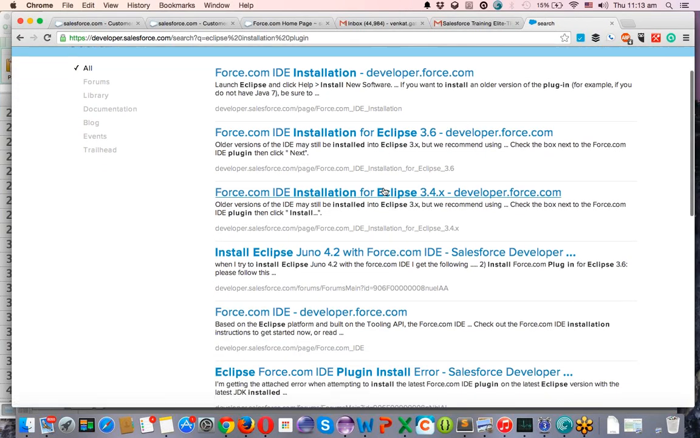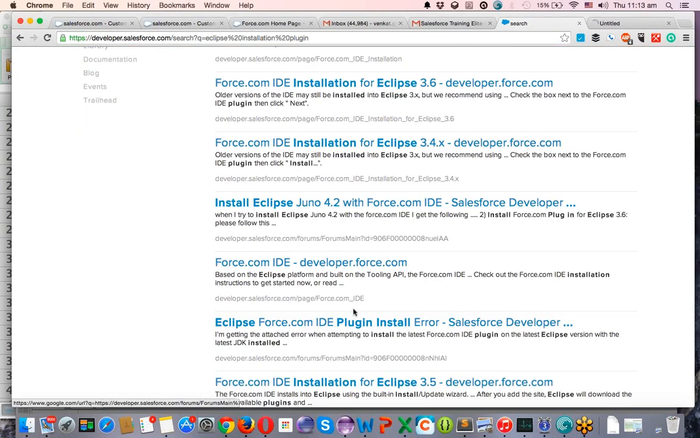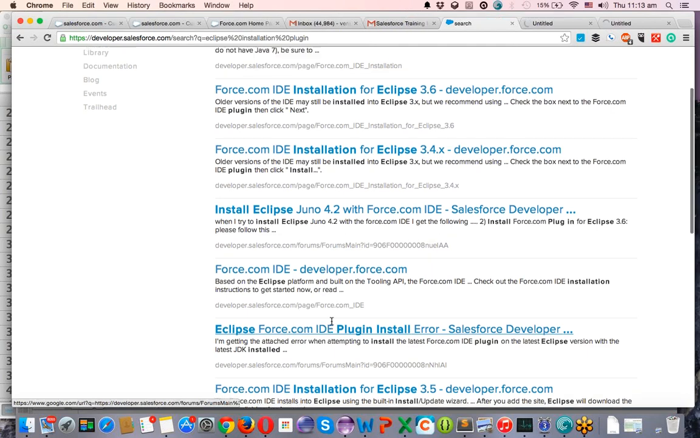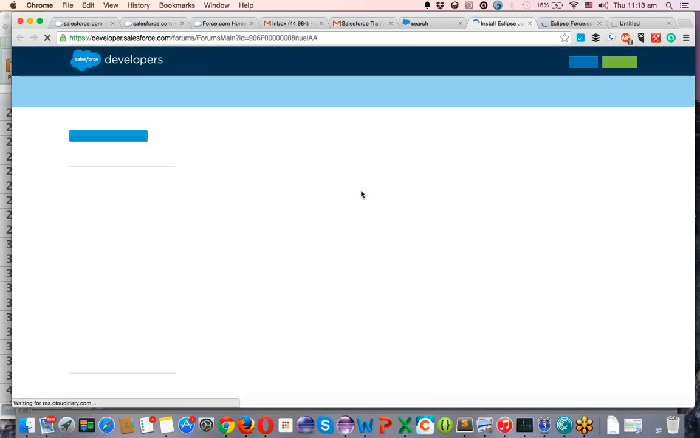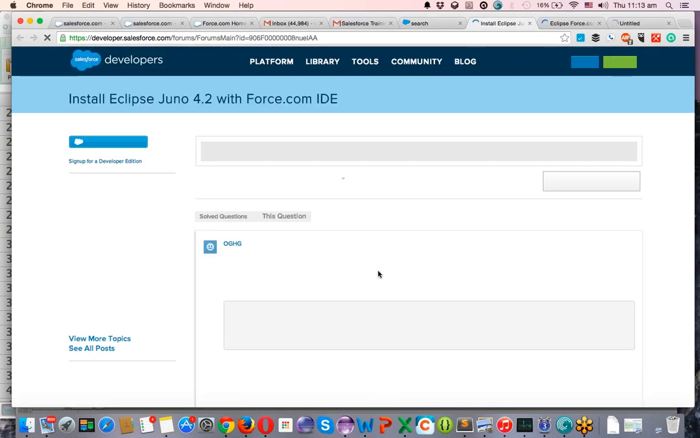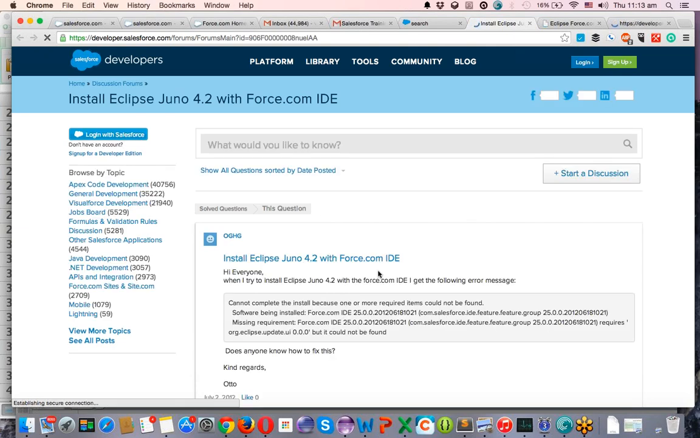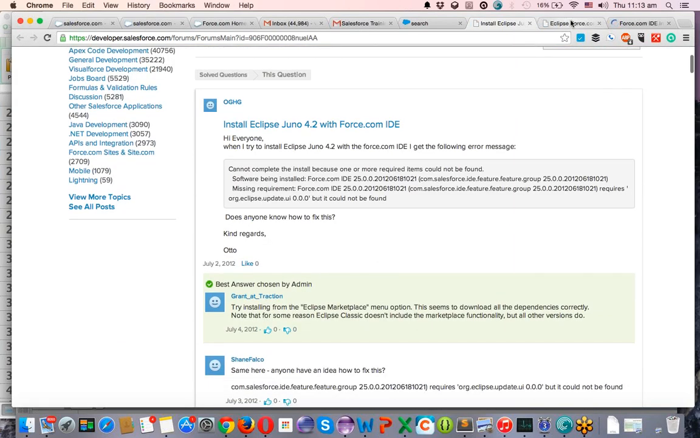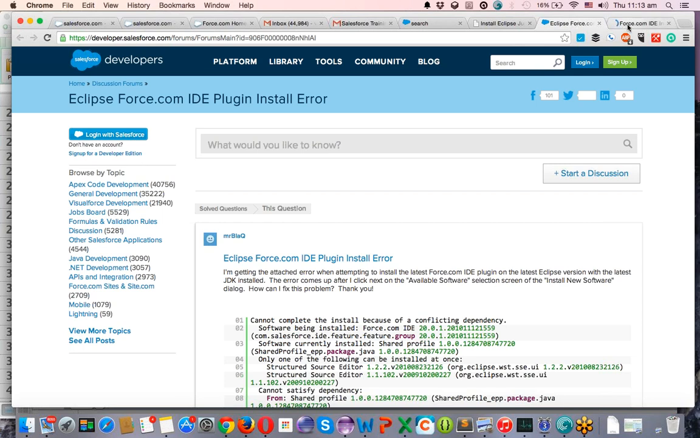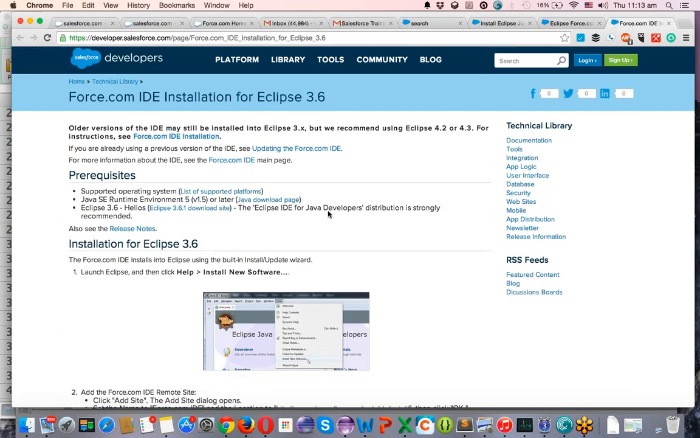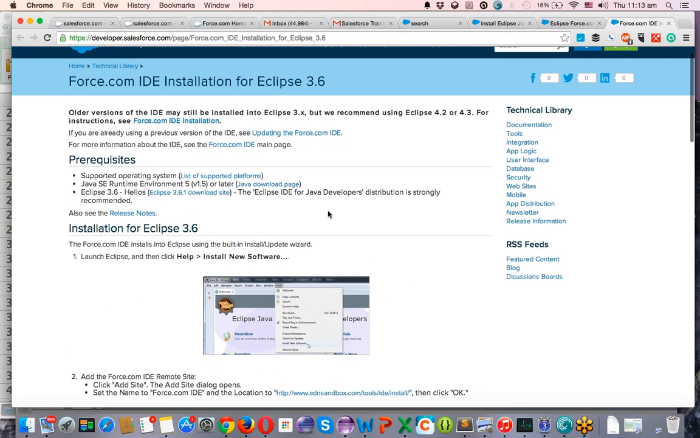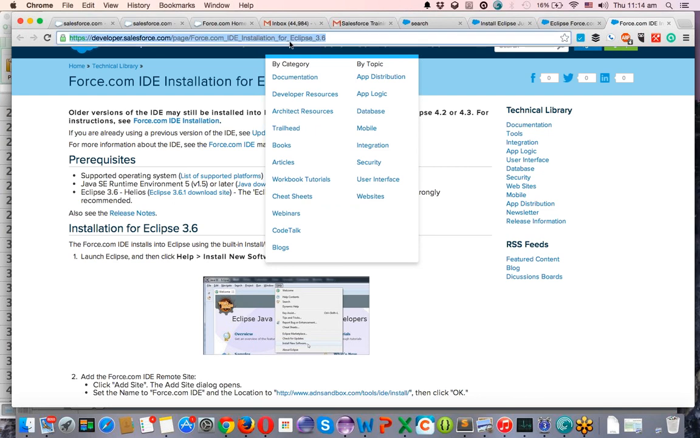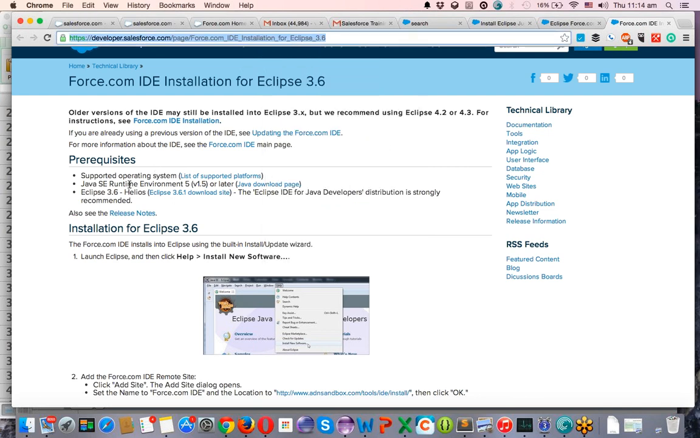Yeah, there are some. Okay, there are different links for different Eclipse versions. Okay. Yeah, I think this is the best link. So this link will tell you what Eclipse you have to install. Here